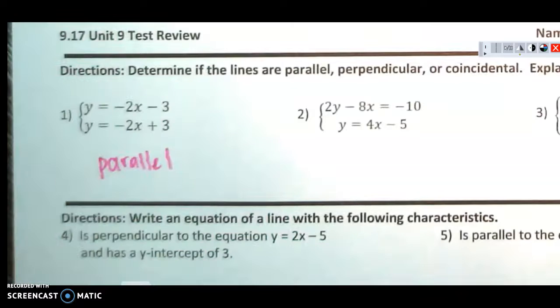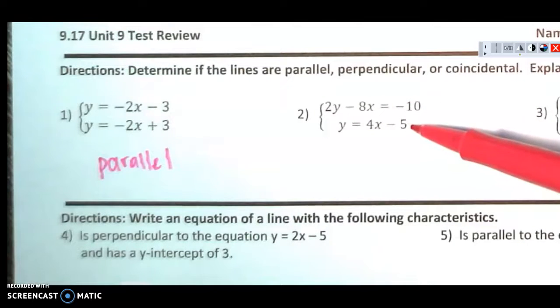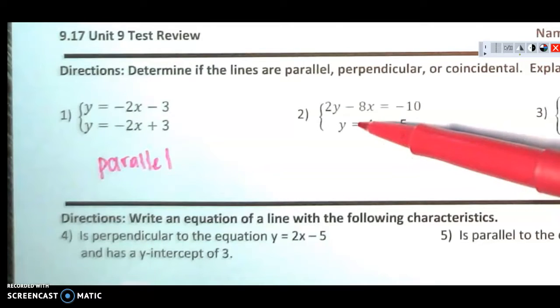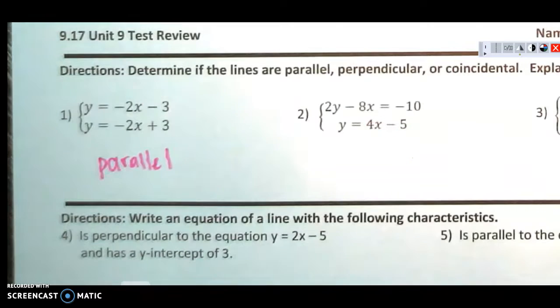Okay? Now let's take a look at the next example. It looks like this one is already in slope-intercept form, so we can easily see the slope and the y-intercept. So this one is not in slope-intercept form, which means we need to convert it before we can make our